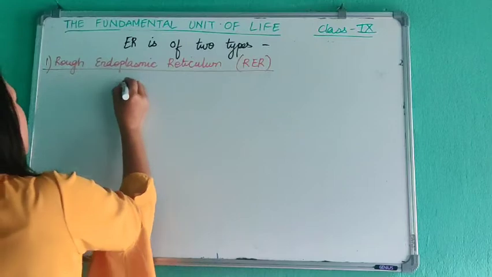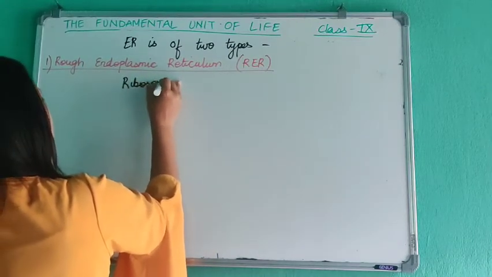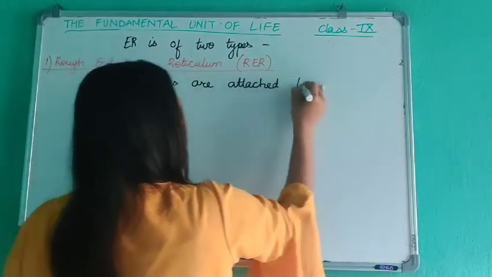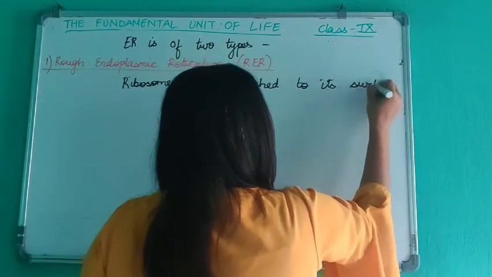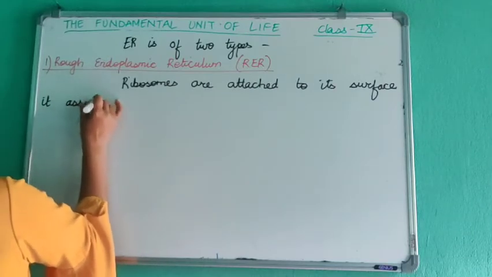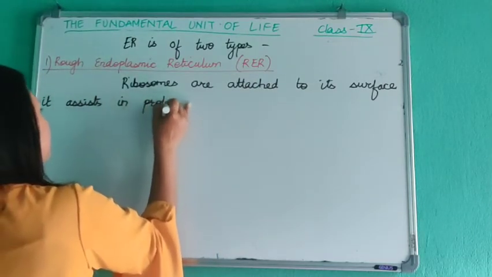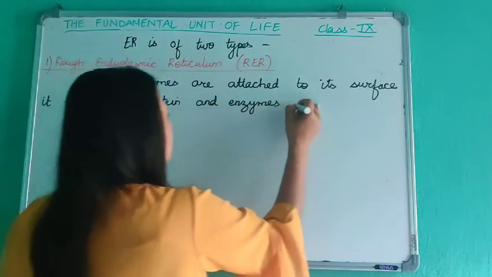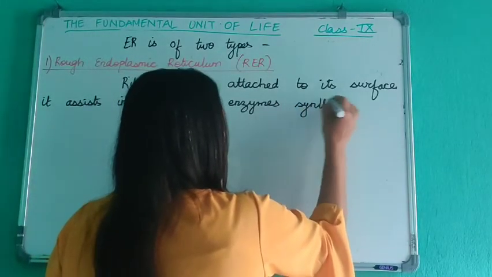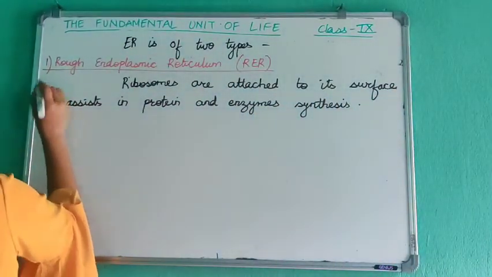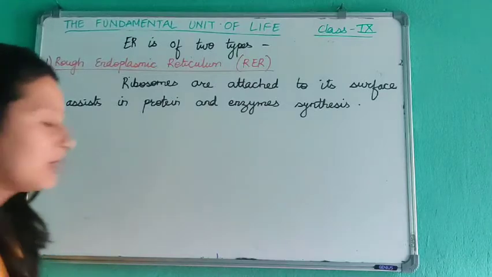So in rough endoplasmic reticulum, ribosomes are attached to its surface. Since ribosomes are attached to the surface, it assists in protein and enzymes synthesis. यसले चाहिँ केमा हेल्प गर्दै रहेछ भन्दा चाहिँ प्रोटिन बनाउनुमा हेल्प गर्छ. Okay, protein र enzymes बनाउनुमा हेल्प गर्छ. Next one is